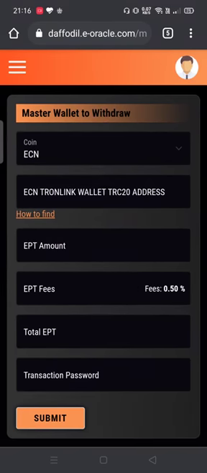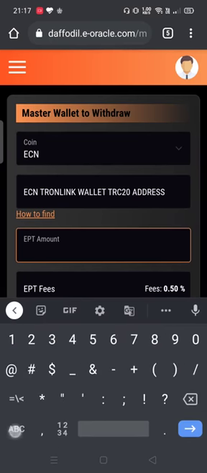For example, if you are keeping 200 EPTs on Saturday, for those 200 EPTs you are supposed to receive 100 ECNs at that particular price, but on Monday the price reduced further. So instead of 100 ECN, you are getting 80 ECN or something like that. So you'll be losing some because of the price variation. So what the management has decided is, instead of that, we will be directly dealing with the EPT itself. So what is the process?